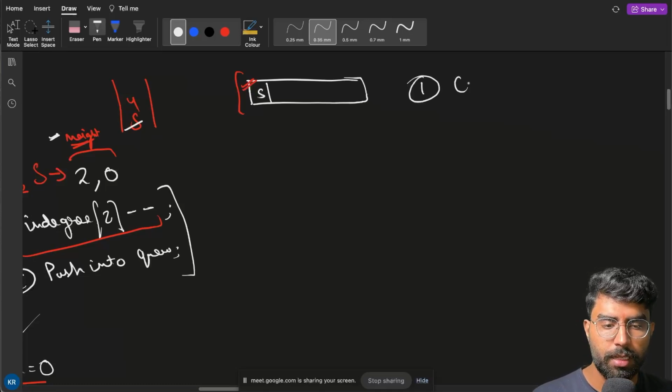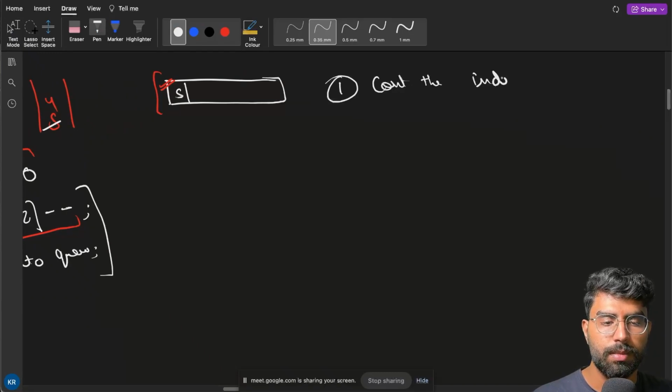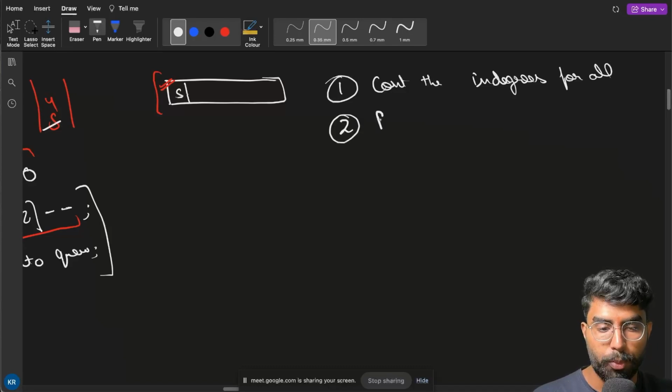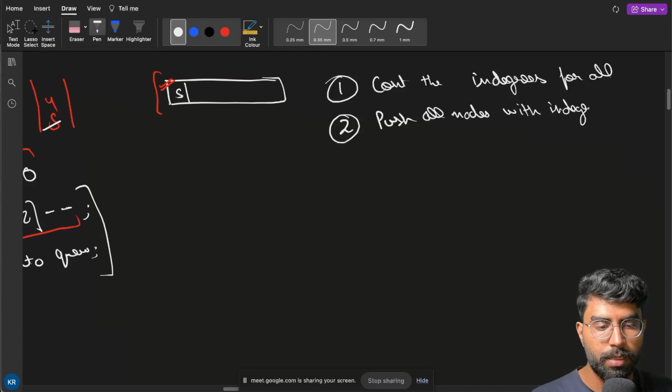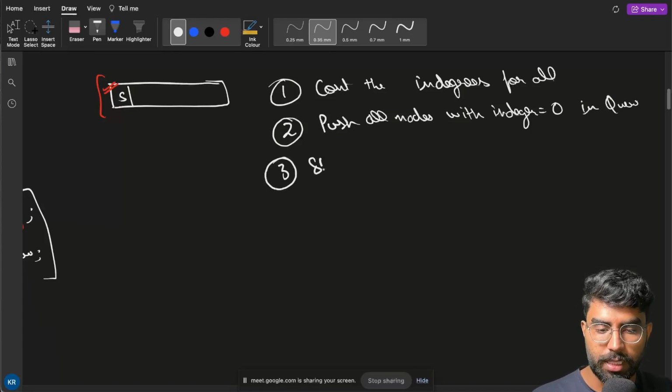Let's say first count the in degrees for all. Second step was push all nodes with in degree equal to 0 in the queue, right? Then start traversing the queue,